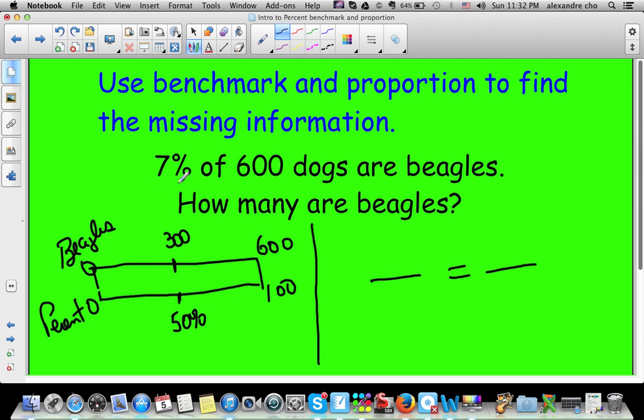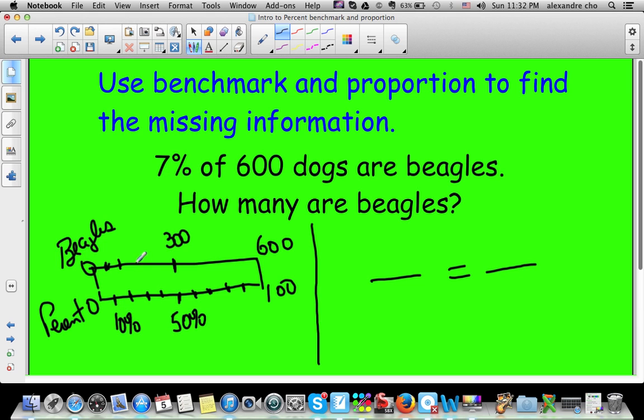I can't get to 7%, but I know that I can get to 10%. So let me write this down. 10, 20, 30, 40%, 50%, 60%, 70%, 80%, 90%. Here's my 10% right here. That's the benchmark I want to use. 10%,